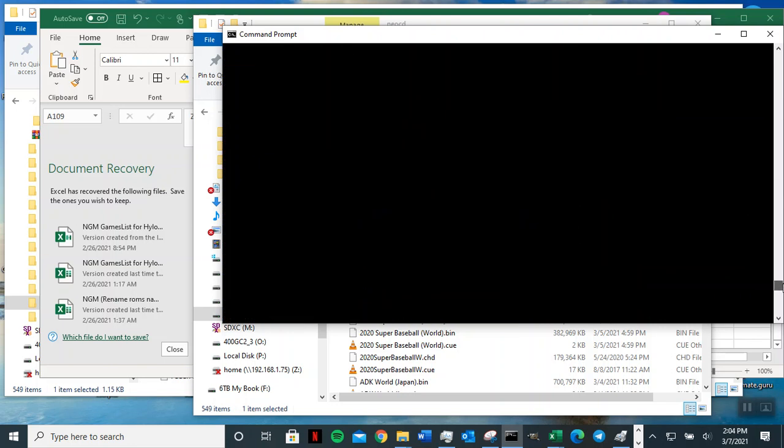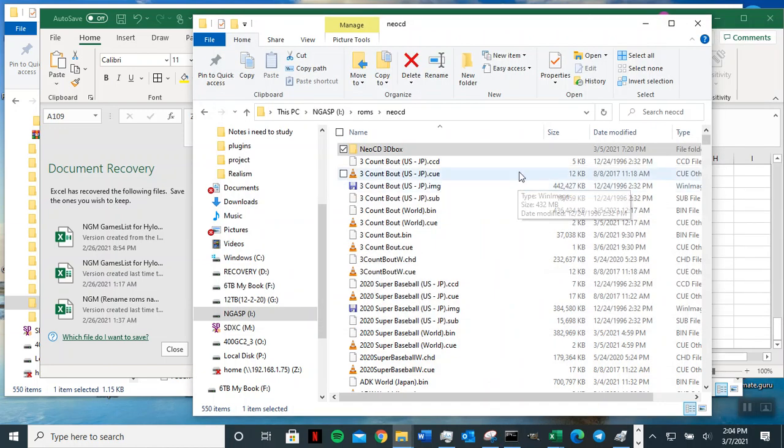When you do directory star dot cue, you do it sideways with W, and then you do an arrow, a greater sign. A greater sign means that you want to put this into a game list called NeoGeo, into a text file. And then once you do that, you created this file. In this file, type,